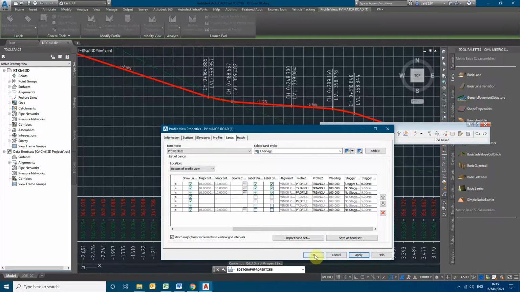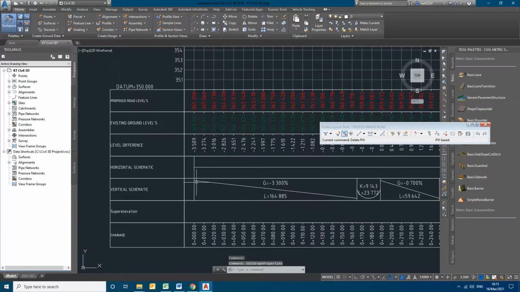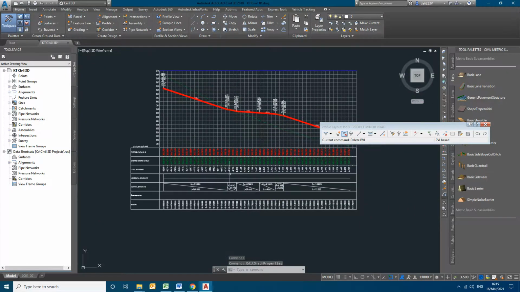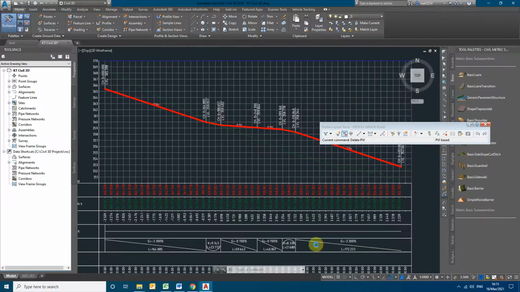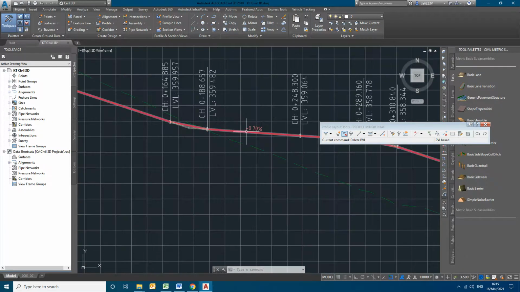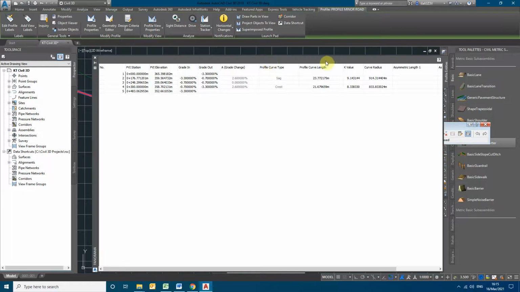Clicking on apply will give you the details of the profile that we followed here. In the tabular view, we have to ensure that the profile curve lengths provided are as per the standards or not. Here the k value you are getting for this is 9.143.